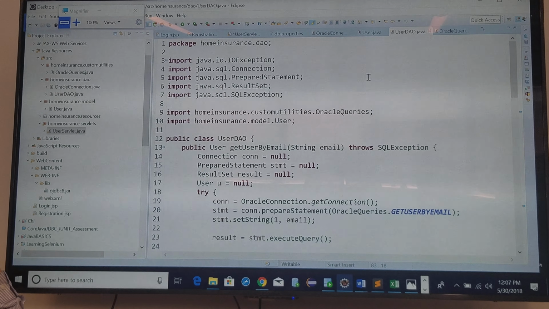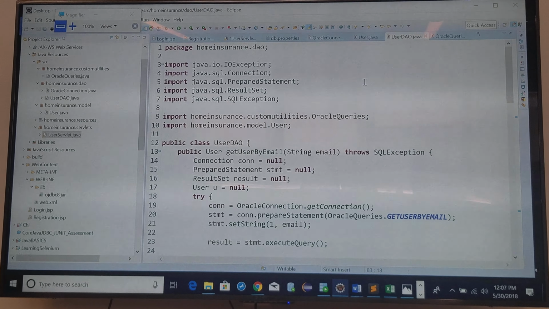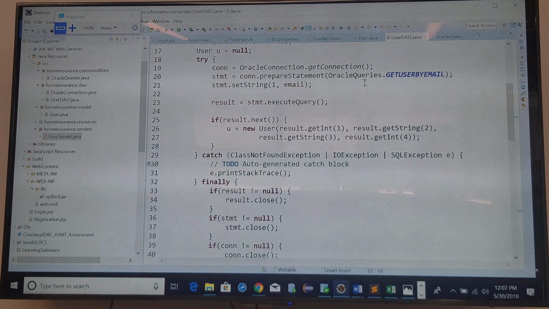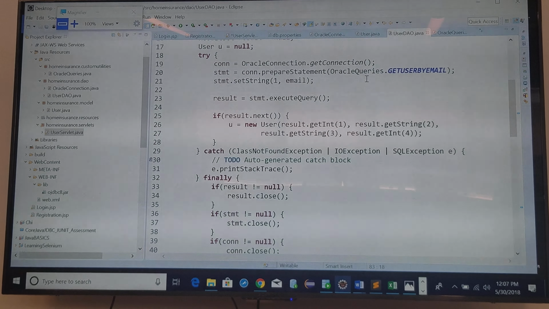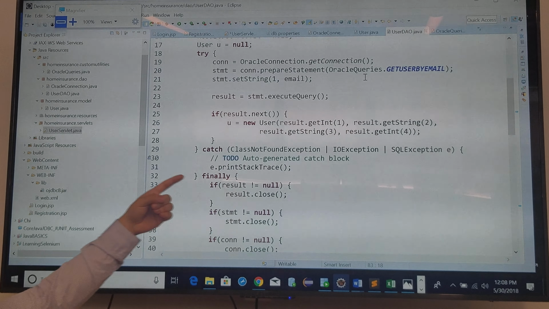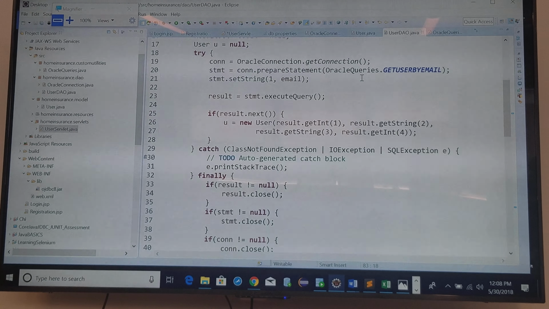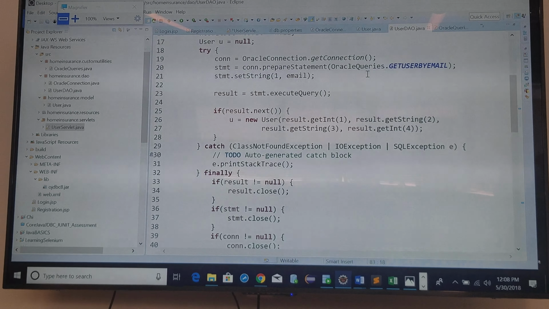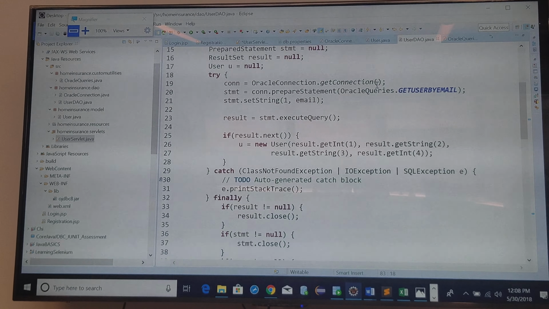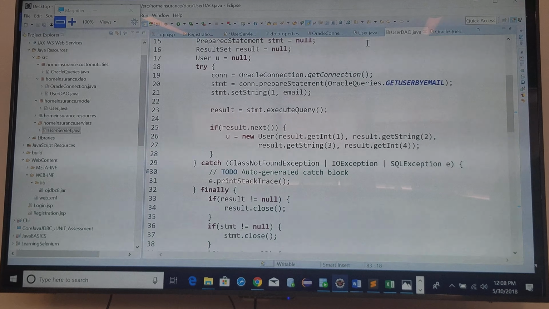So in the servlet, I'm gonna test for a null. But if a user is in the database with such an email, then I will give a reference and some data, right? So now I know how to differentiate whether the user exists in the database or whether it does not. Sorry. So in the user servlet,